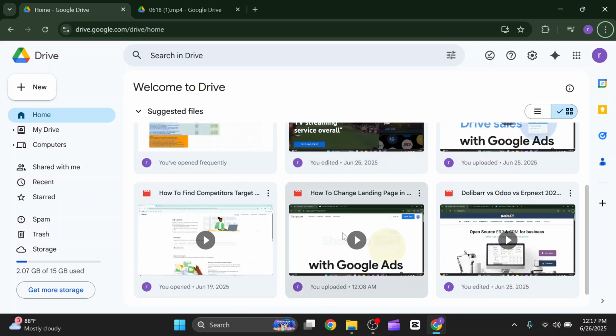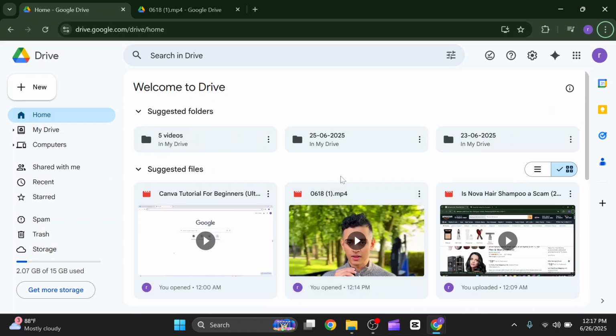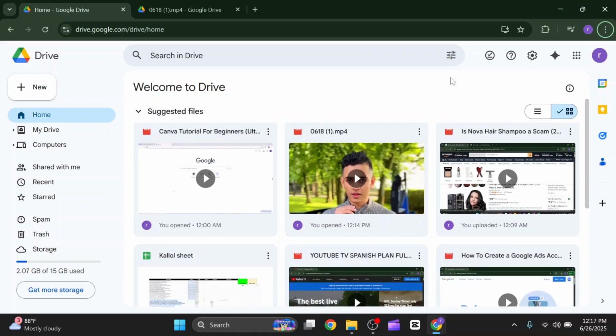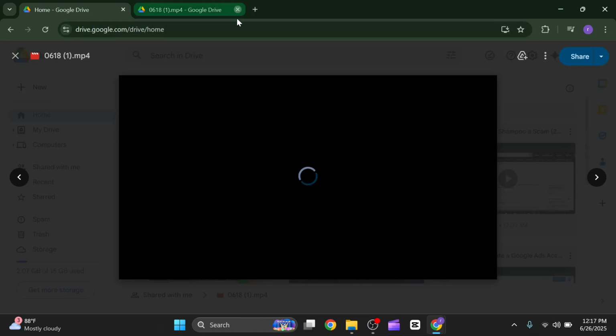In this video I'm going to show you how you can download a view only video file from Drive. First of all, you need to open your Drive and log into your email, and then you have to open the video you want to download, like let's say this one. After double clicking on